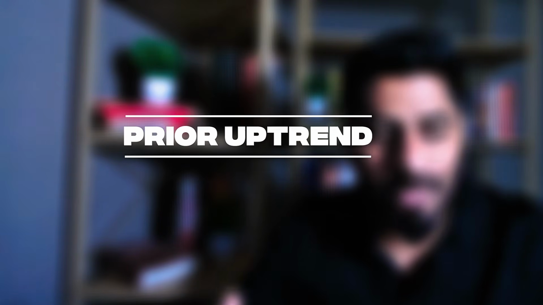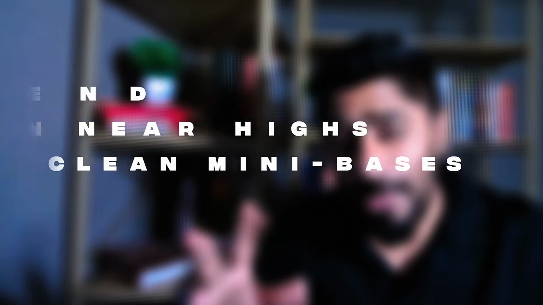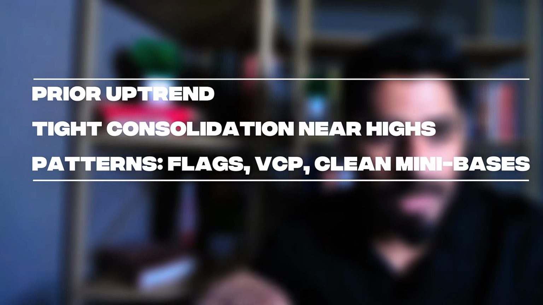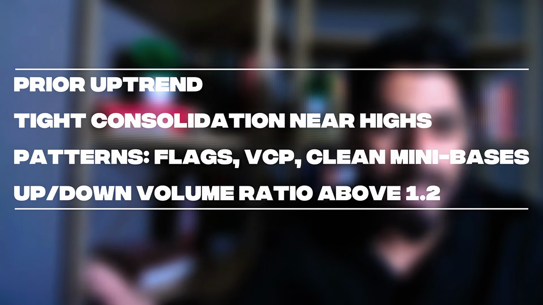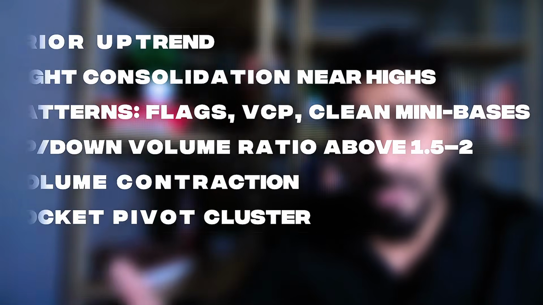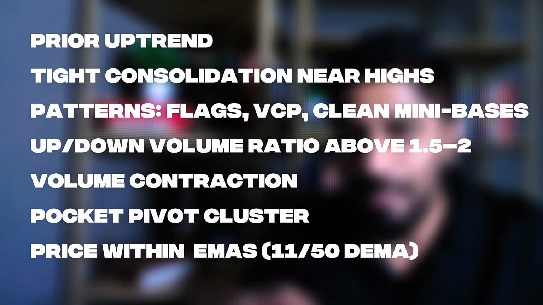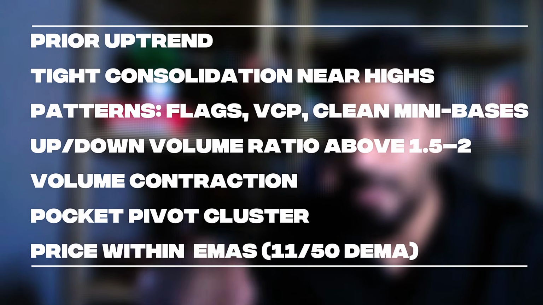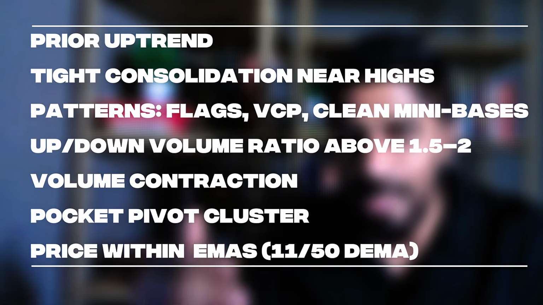Now, what are the parameters or checklists we are running while scanning the charts? We are looking for a stock which is in a clear uptrend. Then we are looking at whether the stock is in consolidation mode or not. We are looking for whether there is a pattern like a flag or VCP or contraction. Up and down volume should be higher than 1.2. Higher is better, but basically 1.2 is fine. Volume contraction, and we want to see a cluster of pocket pivots. Price should be between the 11 and 51 EMA, because we don't want stocks which are above the 11 EMA, as they are quite extended, and below the 51 EMA,